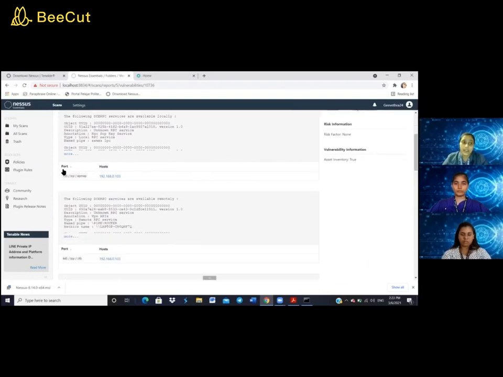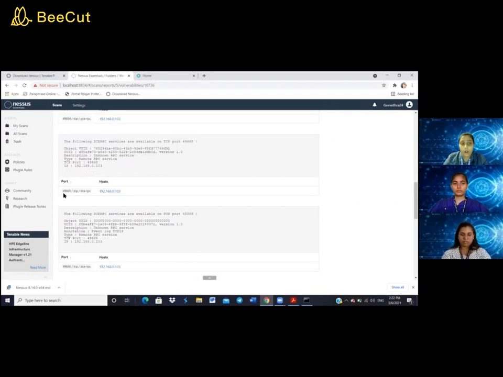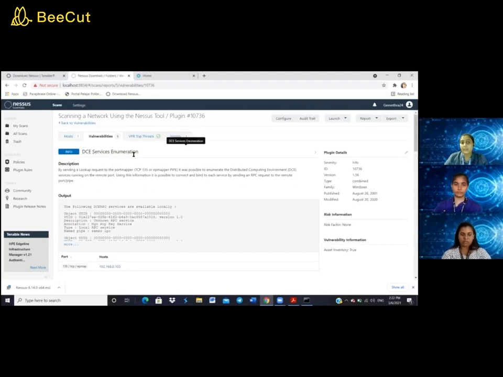As we can see there, the ports are different. So here we can see 135 TCP layer, EP map. And the second vulnerability here is 445 TCP layer, CIFS. So we can see all the different types of vulnerabilities scanned on different types of ports in this DCE service enumeration.